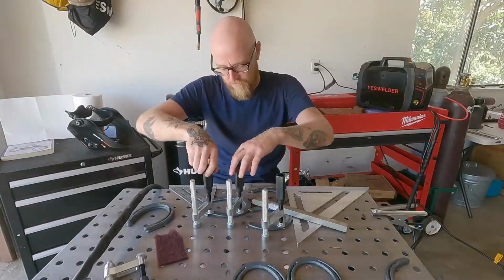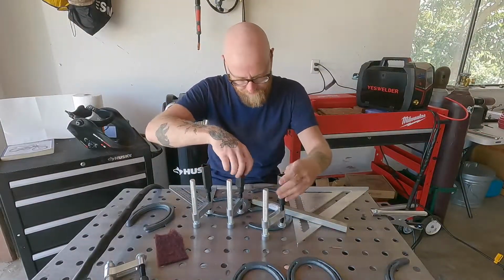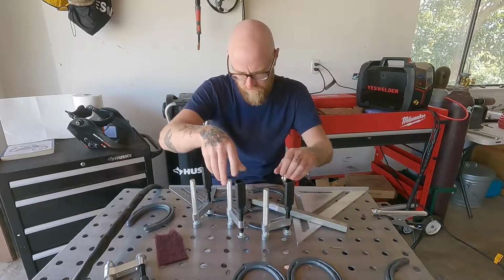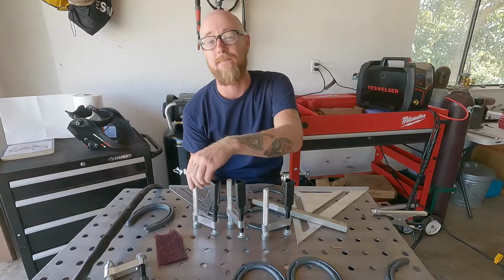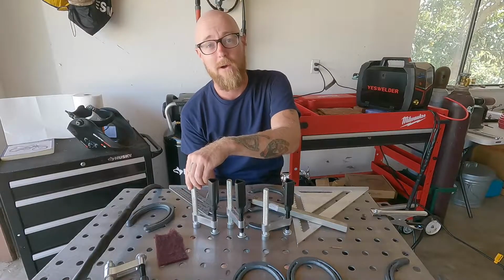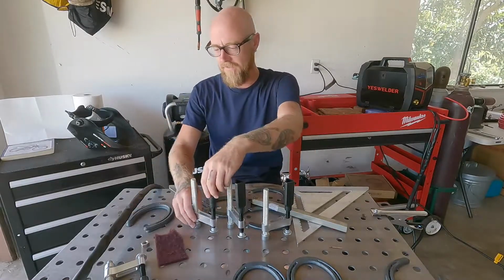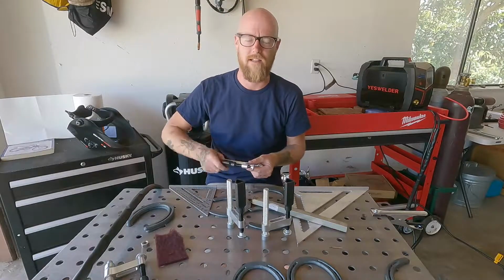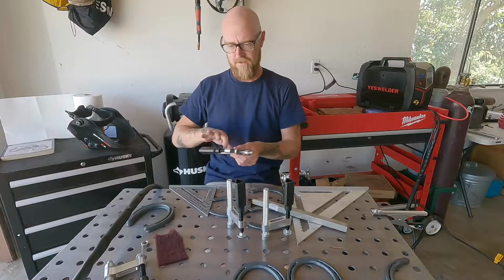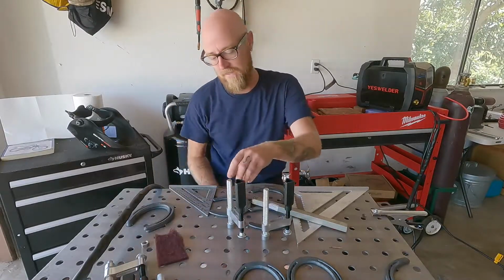All right, so there we have it. We're done with the sides, we're done with the bottom. And now we can work on putting all of this together, which we're gonna do next week. Except instead of TIG, we're gonna use MIG. That way we can talk about the positives and negatives, when to use TIG, when to use MIG, how to choose, what the welds look like, why it's a little different, but why both are great processes you can use